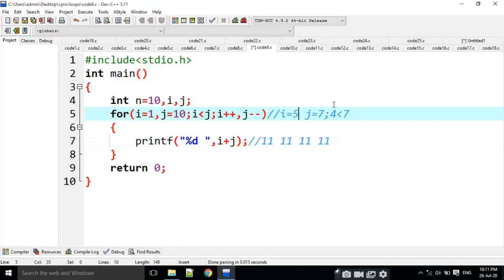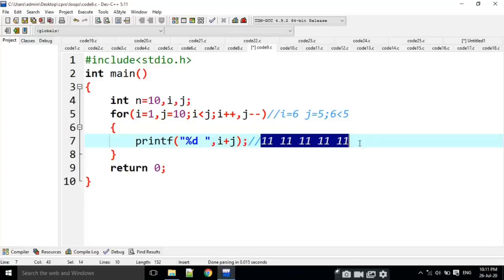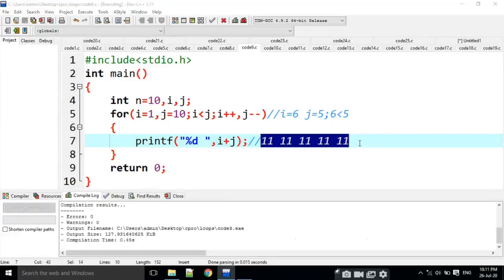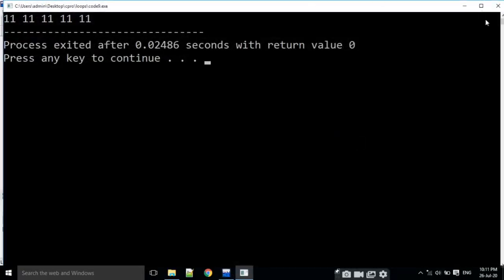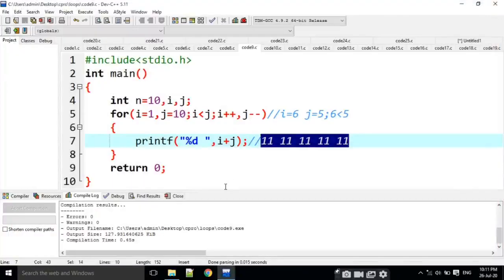Then it is 5, it is going to be 6. 5 is less than 6. This is also true. Then 11 is printed. Then it is going to be 6 and it is going to be 5. Then 6 is less than 5. Is it true? It is false. Then it is coming out of the loop. Then the output is 5 11s. Like this, 1, 2, 3, 4, 5. 5 11s is the output here.